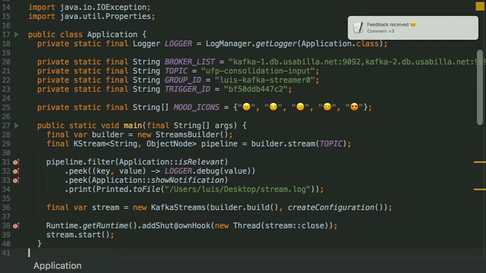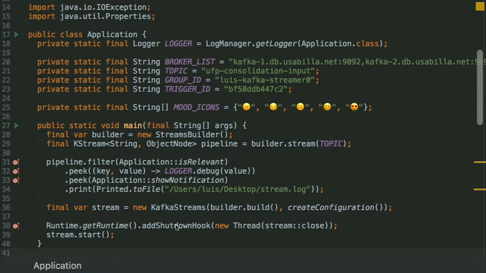And it's really simple. What I'm doing is creating a pipeline stream. This pipeline will filter everything that is relevant to my application, which is this particular form, this campaign. For each message, I will write to my debug logger, I will show a notification, and I'm going to store the information to a file.